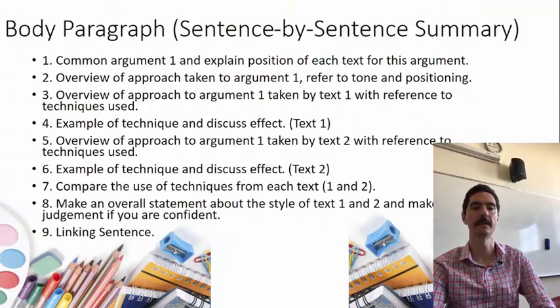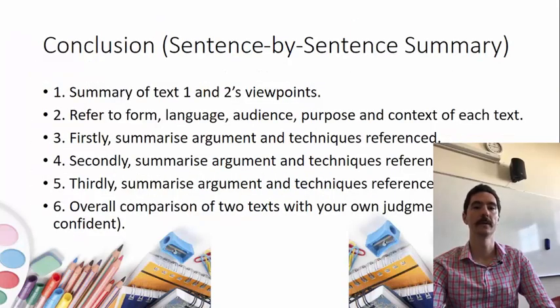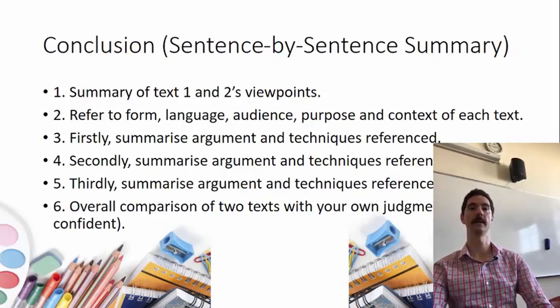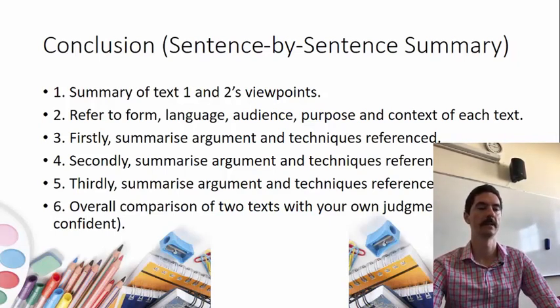Again, body paragraph, sentence by sentence, if you need that, it's there. You're basically going through text 1 and text 2 and doing your A, T, E, E, and then you're providing an overall or a judgment statement if you feel confident and you have time, and then you're doing a linking sentence, which is of course very important. Your conclusion, sentence by sentence: summarize text 1 and 2, refer to form, language, audience, purpose and context of each text, and compare if you feel the need with a simple connective, such as therefore, likewise, in addition, some connective phrase like that. Then you summarize the first argument you talked about and the techniques used by each, second, third, likewise techniques there, and then